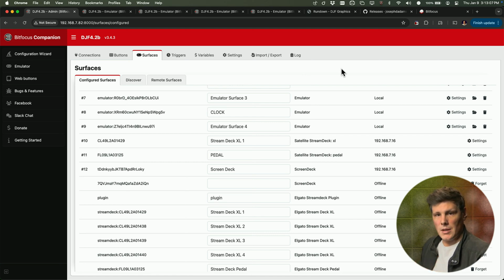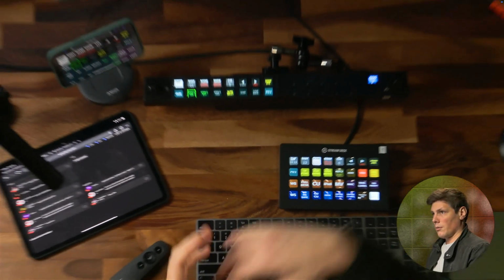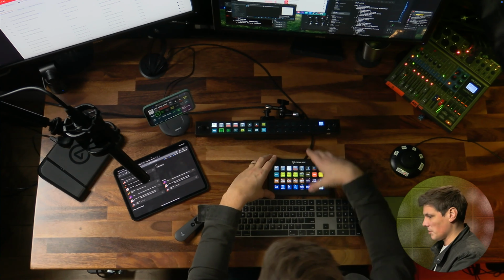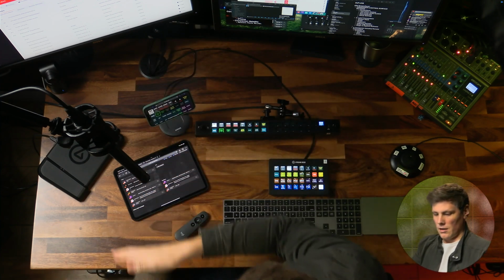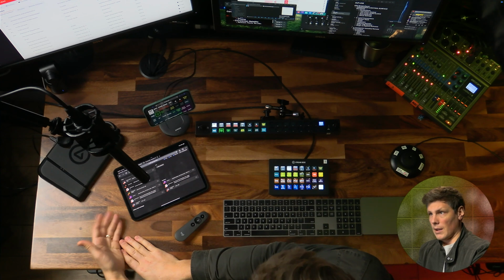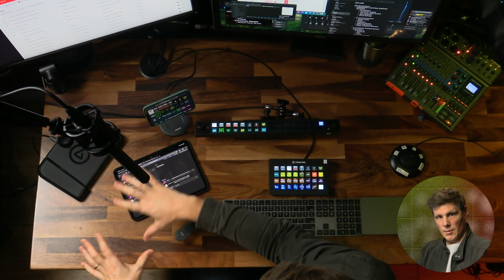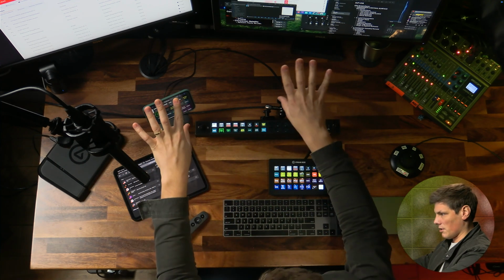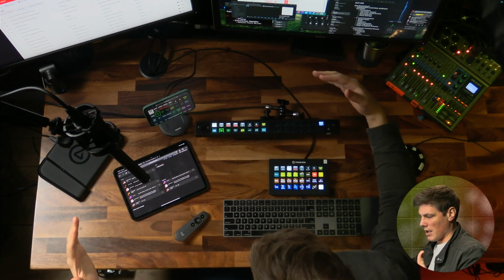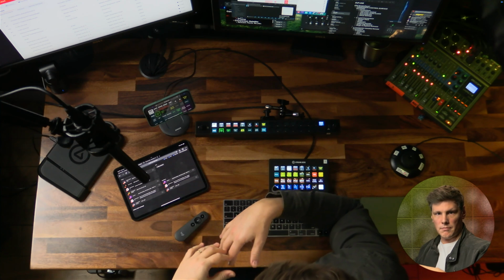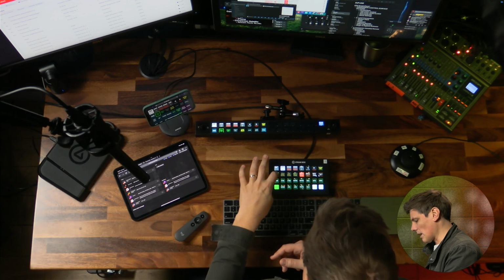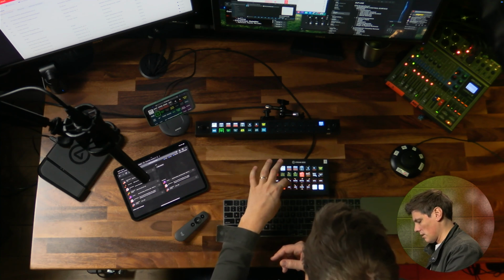So this is really neat for me, because it means that I don't have to think about USB connections on my desk. I basically have the ScreenDeck plugged in via USB into a little port under here, and sitting under the computer is a little shelf with my laptop in clamshell mode. So my laptop's here, and then I have keyboard, mouse, trackpad, and my monitors. This can be my remote desk, and that could be hundreds of feet away from my server, my Companion server, which is this one,